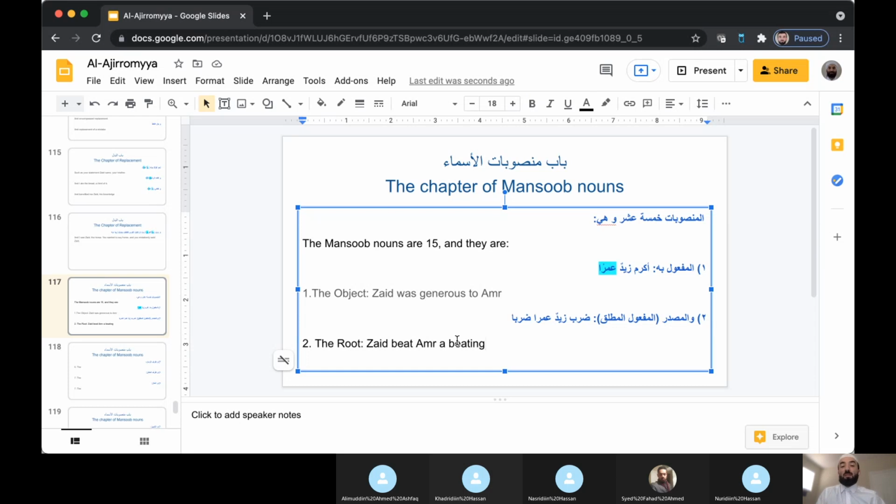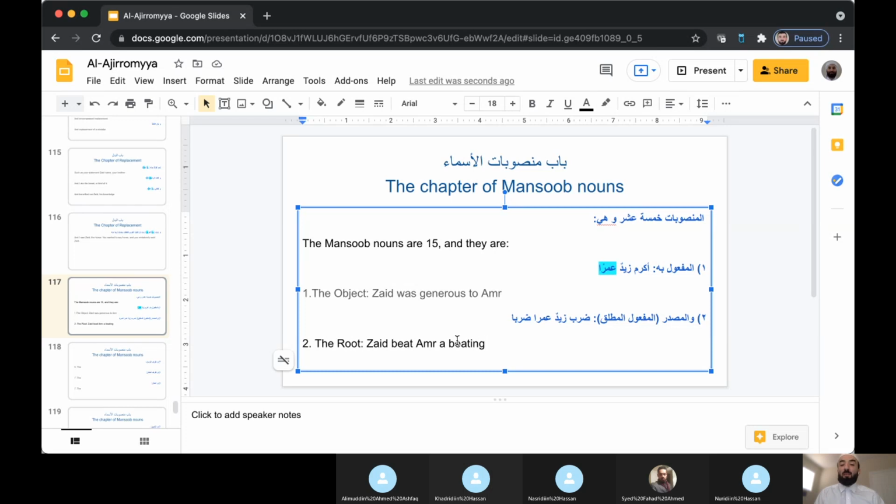someone said Zayd hit Amr, Zayd gave Amr a beating. So what does that indicate when you say, instead of saying Zayd beat Amr, when you say Zayd gave Amr a beating? Does anyone know what that indicates? Like, what are you trying to put emphasis on? It's on the beating. Yeah, exactly. You want to say that the beating was really a bad beating when you say Zayd gave him a beating. So basically